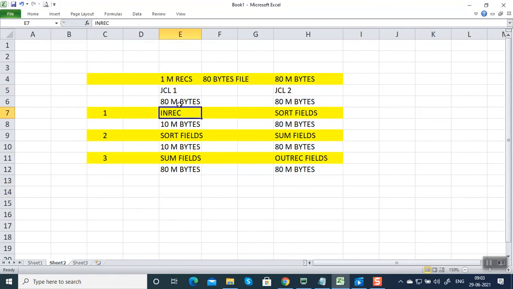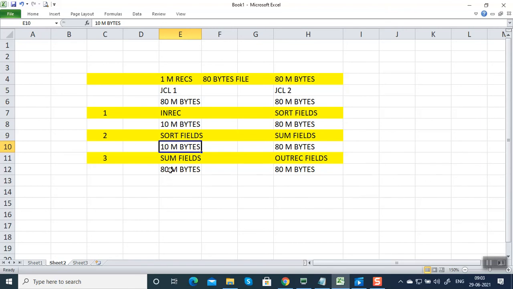Okay, so since indirect fields will be executed before sort fields, suppose we are selecting only the first 10 columns. We are ignoring 70 columns. So we need the first 10 columns into 1 million records, which will be coming to 10 million bytes. So output of indirect will be 10 million bytes. This 10 million bytes will be internally sorted again. Okay, and again the output of this will be 10 million bytes.